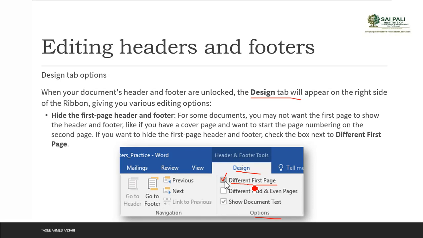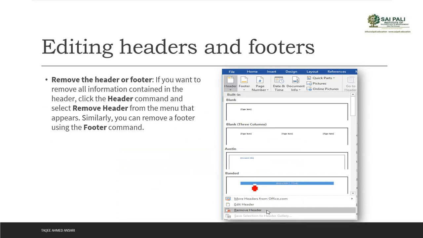If I have a different design on my cover page, I don't want the header or footer there. So I click this to say I want a different header and footer on the first page, and I can even add a design, or choose not to. It will go like this, hidden from the header and footer on the first page.